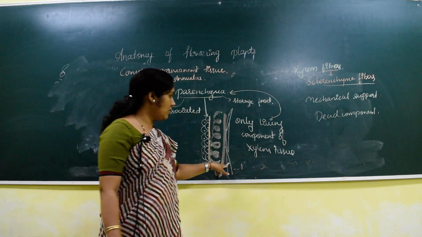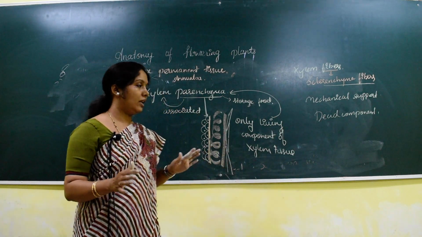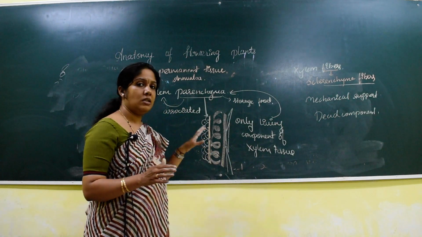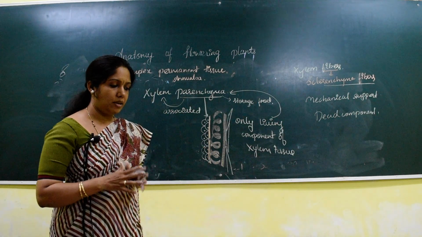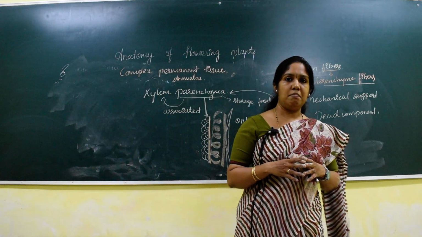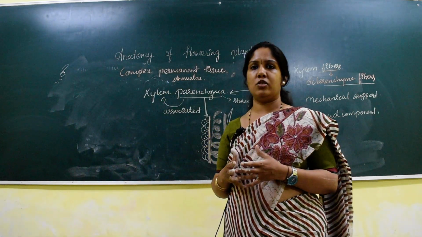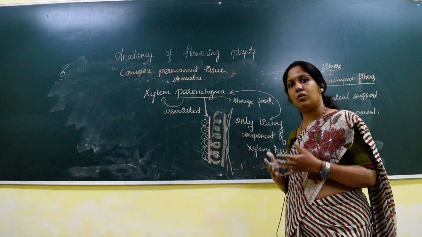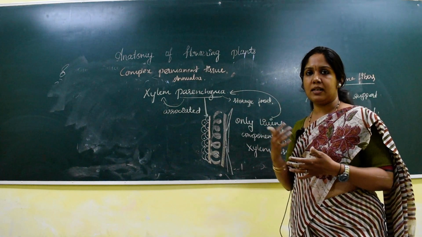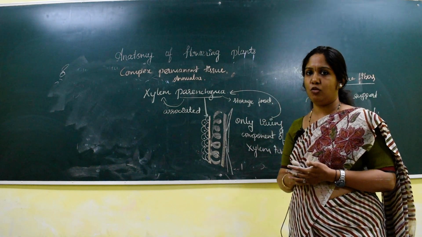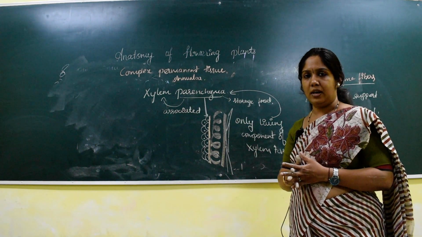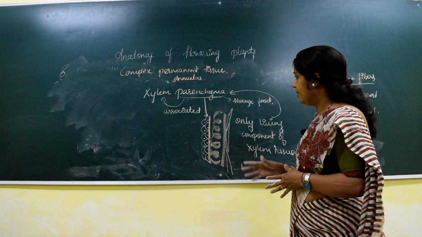So what is the function of these fibers? They provide mechanical support to the xylem. So this is about the xylem tissue. The xylem tissue is a water conducting tissue present in plants. The main function of this tissue is conduction of water to the different parts of a plant. So it is a continuous pipeline-like structure from the tip of the root till the tip of a shoot, and it is variously branched in the other branches.